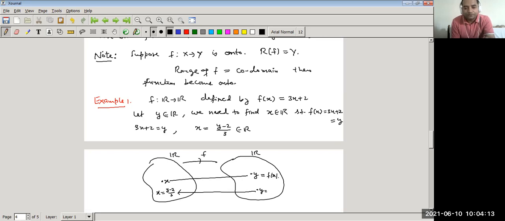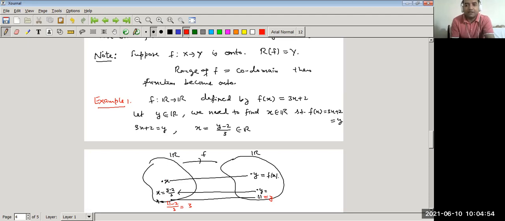So for example, अगर हम कोई यहाँ पर एलिमेंट 11 लेते हैं कि 11 हमने कोई रियल नंबर सेट किया, तो इस 11 के कॉरस्पॉन्डिंग मुझे एक रियल नंबर ढूंढना है जो डोमेन में बिलोंग करता है, x ढूंढना है, such that f of x is equal to y या y is equal to f of x. तो इसके कॉरेस्पॉन्डिंग मुझे क्या नंबर मिलेगा? x is equal to 11 minus 2 upon 3, that is 9 upon 3, that is 3. So corresponding to this y is equal to 11, we get x is equal to 3 in the domain.